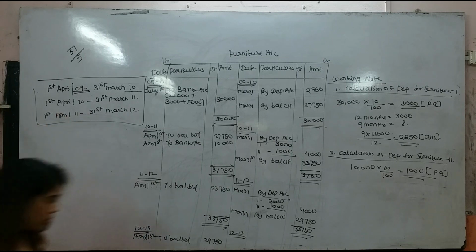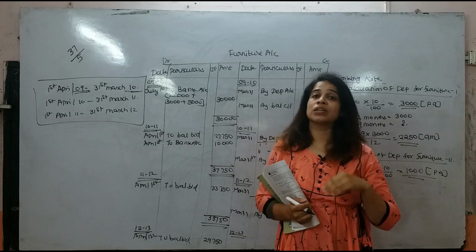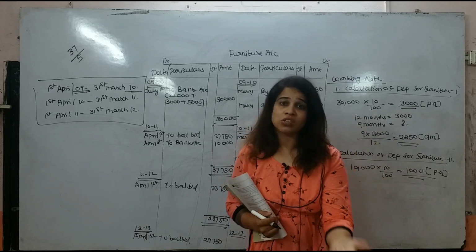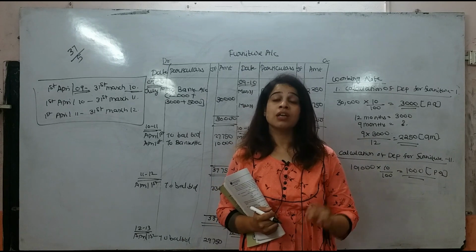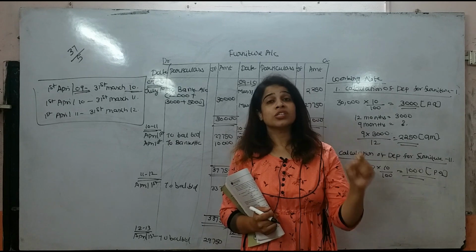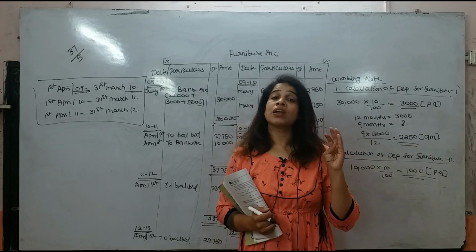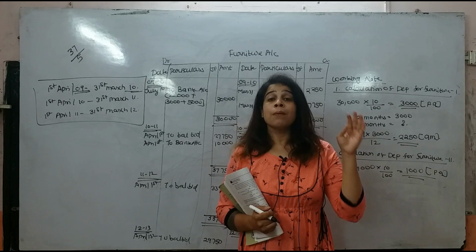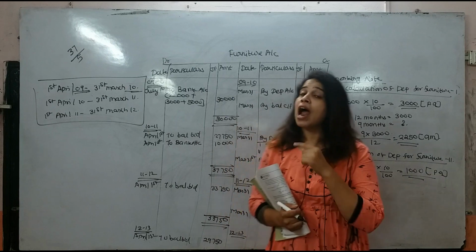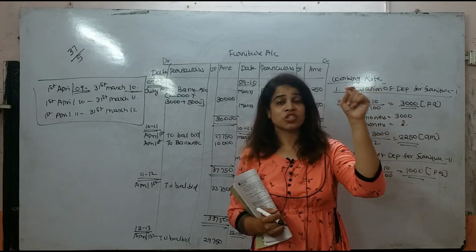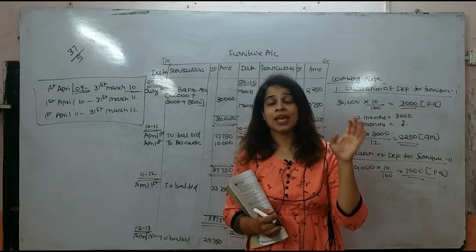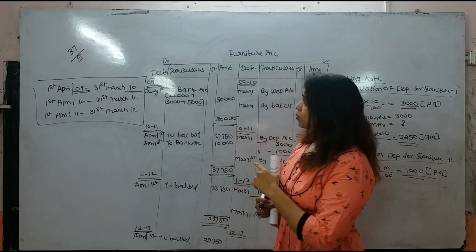Okay. See students, what we have come to know is, when it comes to depreciation account, under the original cost method, we are going to charge depreciation always on the original cost of an asset. We are going to charge depreciation per annum, for 12 months. And if you observe depreciation under the fixed installment method, the amount of depreciation is going to be constant. Okay, this was problem number 5.